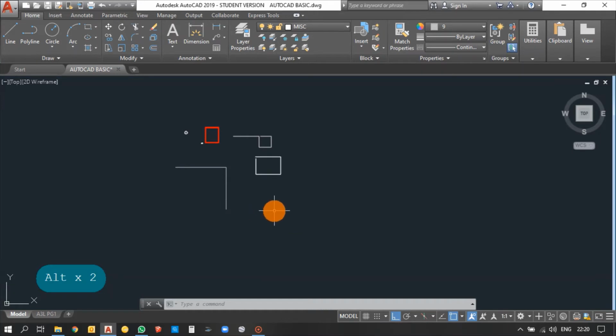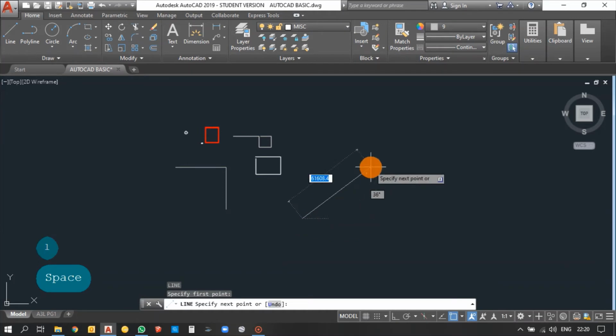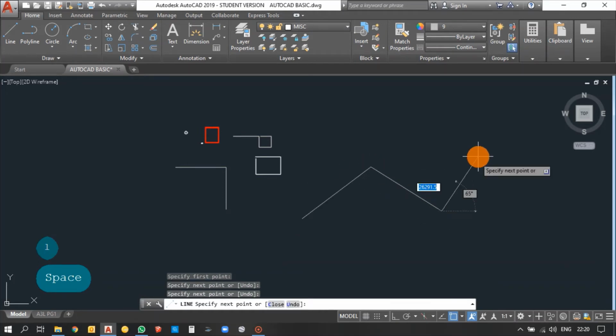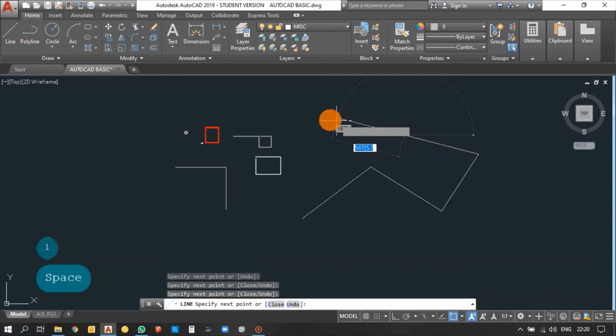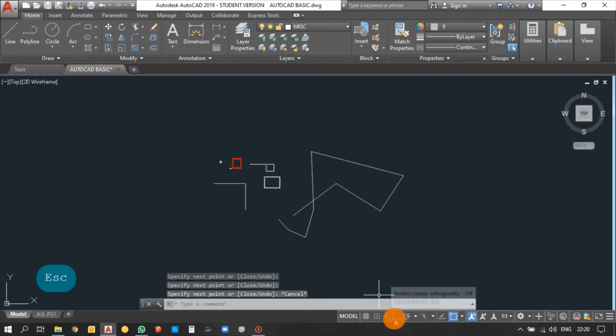So in case you want to make a line not in horizontal or vertical, in a different angle, so go for ortho. Your shortcut is F8. Use F8 for a shortcut. Ortho on, you just unclick it. So go for L, enter. You can just have a line in whatever direction you need, not only in horizontal or in vertical. So this is ortho off. In case you want to have a horizontal or a vertical, you go for ortho on.